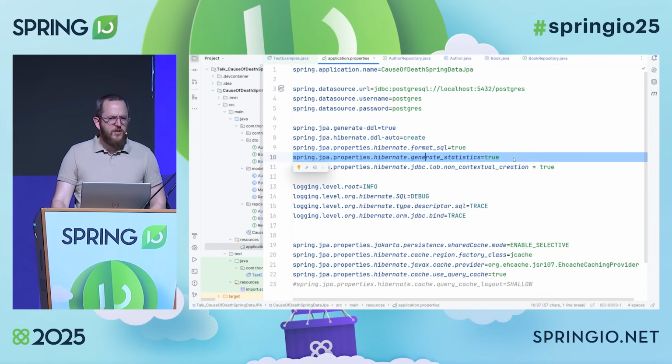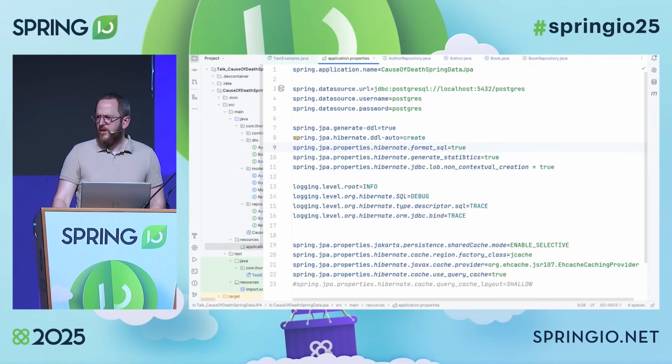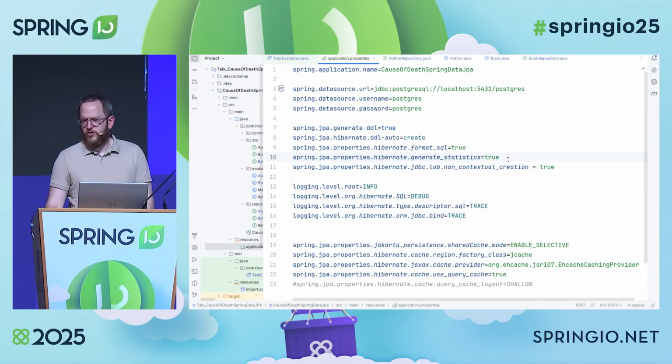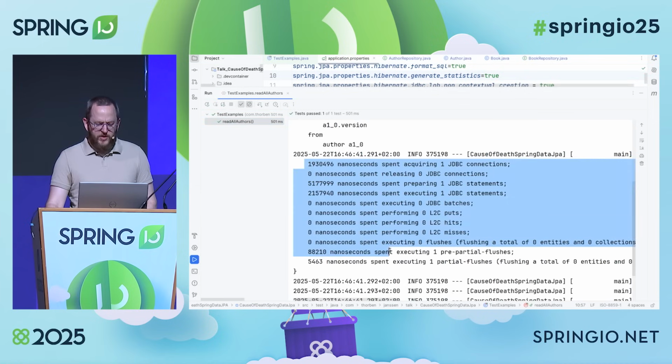I usually do that actually as a system property, just hibernate.generate_statistics on my development system, because then I'm not at risk of shipping that to production, which would actually not be that great, because it slows down the production system if we collect statistics, right? So if we do that, we get this output at the end of every transaction. And this gives us a pretty good overview of what kind of things we actually did.